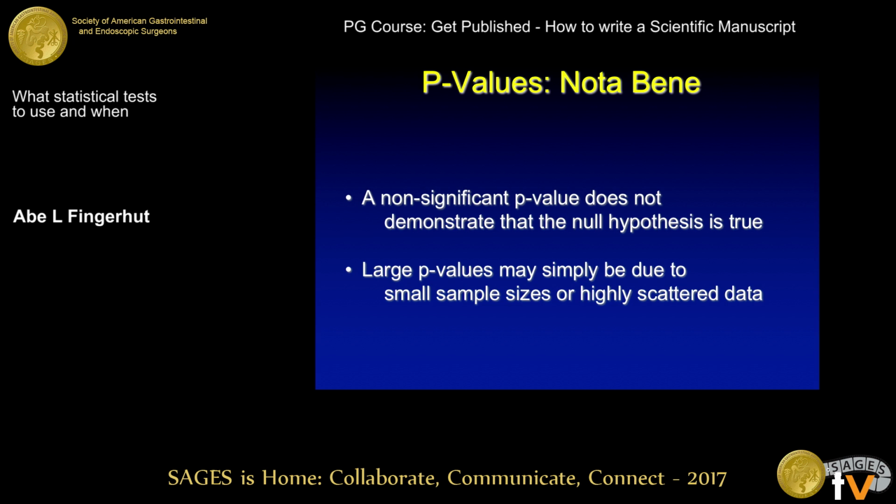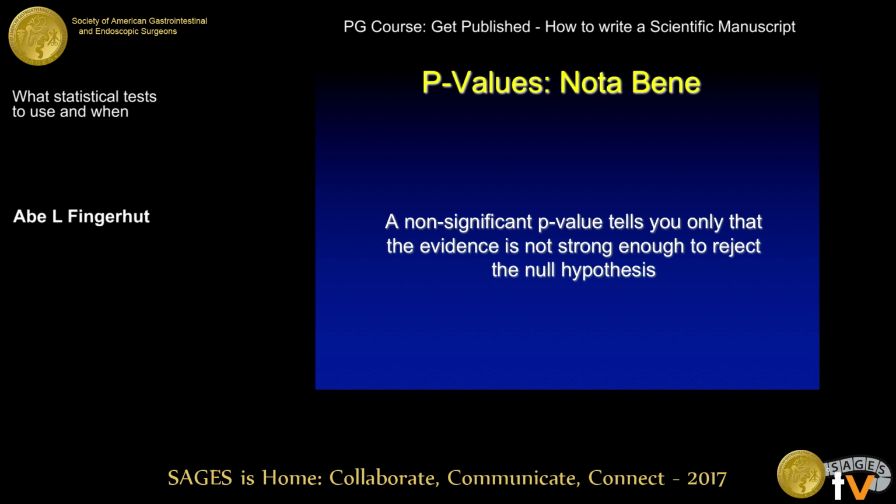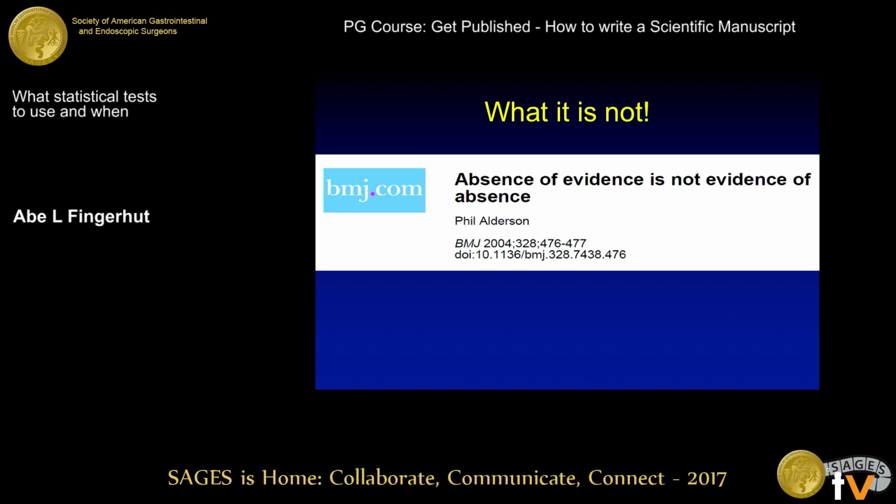But once again, when you do not get a significant value out of your p, it does not mean that the null hypothesis is true. It just means that the sample size is not big enough. And you don't know clearly with the p-value if there is or not a difference that you did not detect. Once again, absence of evidence is not evidence of absence. Absence of a significant p-value does not mean that there is not a difference. Okay? Second image to go home with.